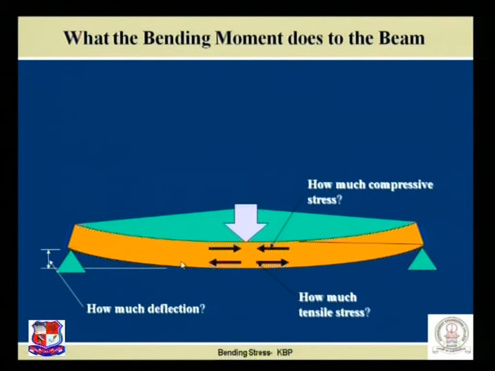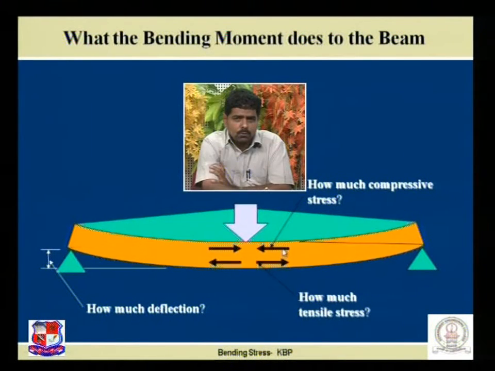Please refer to this particular figure. For any kind of external load acting on a beam, compressive forces and tensile forces are developed in the fibers of the beam. So in the top zone we have compressive forces, and in the bottom fibers